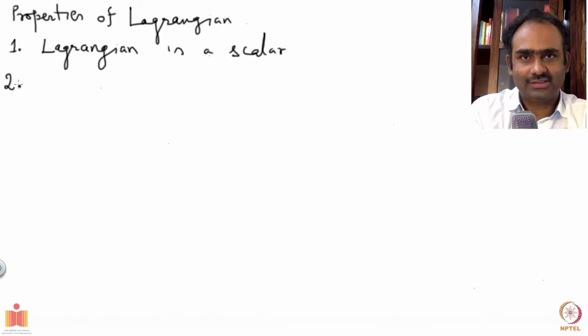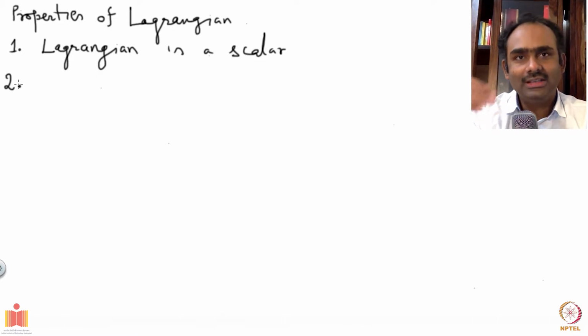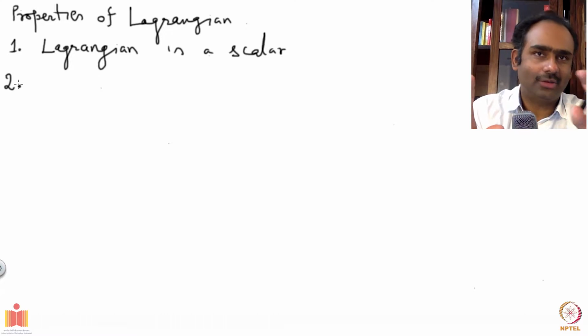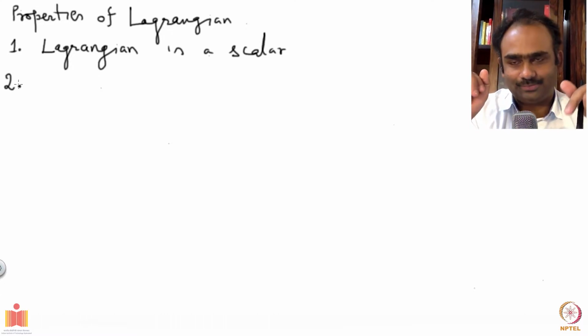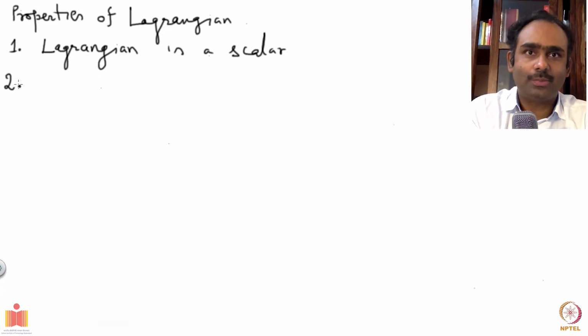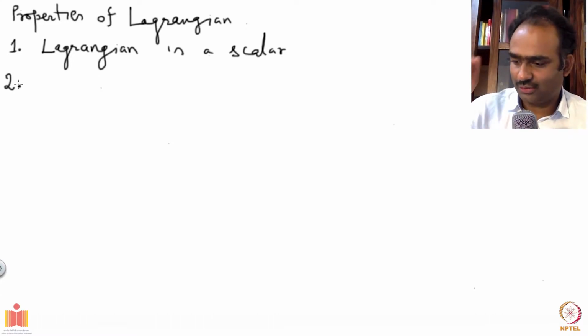Okay, so I'm imagining a system with two parts, parts A and B. There are lots of particles in there. The particles within A interact among themselves. Particles within B interact among themselves. But the particles from this group do not interact with particles from the other group. Okay, let's say that's a situation. Then can I say something about the Lagrangian of this entire system? What I want to show is that in such a case, the Lagrangian of the entire system can be written as a sum of Lagrangians of individual parts. That's what I want to say, and it's quite easy.